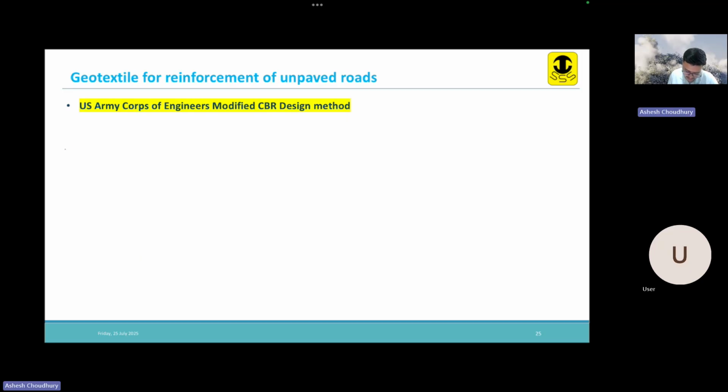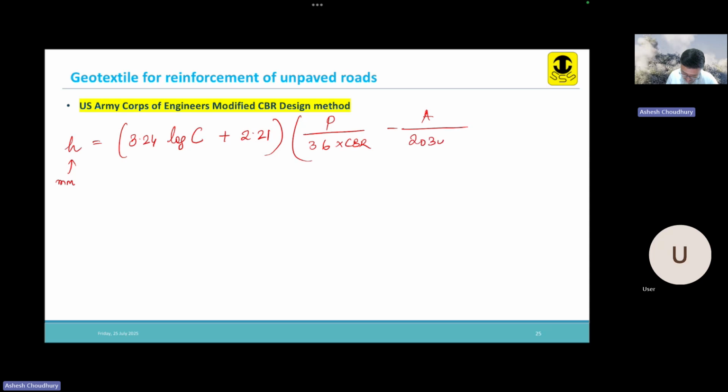It gives H in mm as 3.24 log C plus 2.21 P by 36 into CBR minus A by 2030. This empirical relation is given by the US Army Corps of Engineers modified CBR design method, where H is